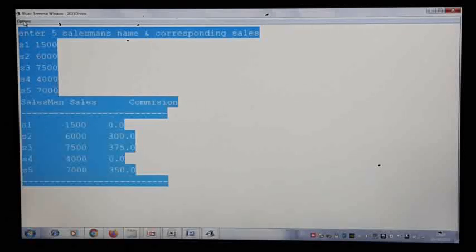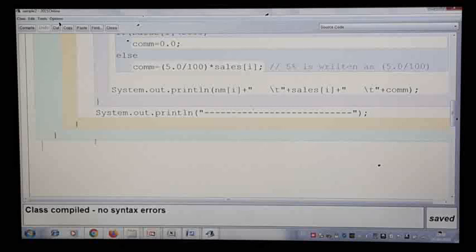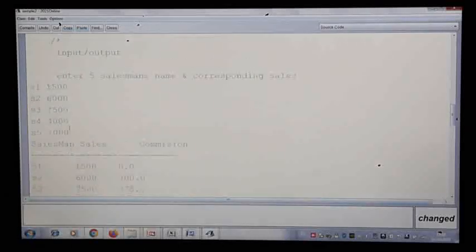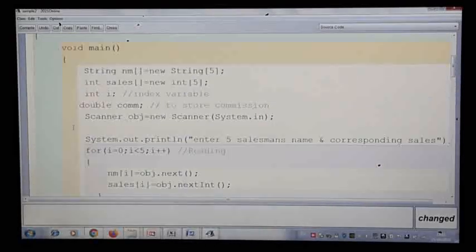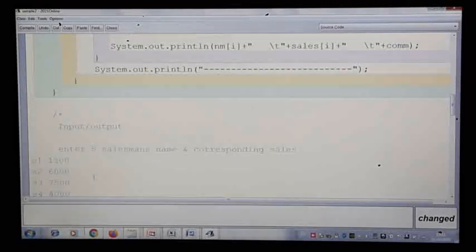Now as I told you, you can copy this. Click and drag to select the entire input output. Go to options, click on copy. Now come back to your source code. Here, as I told you, you can make this a comment. Type the heading, input, output. Now here, click on paste. So the input output is pasted into your source program. So you can see your program here, the working program, and the input output of this program.